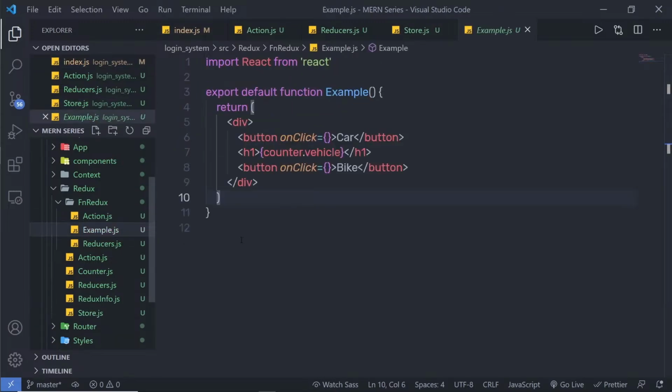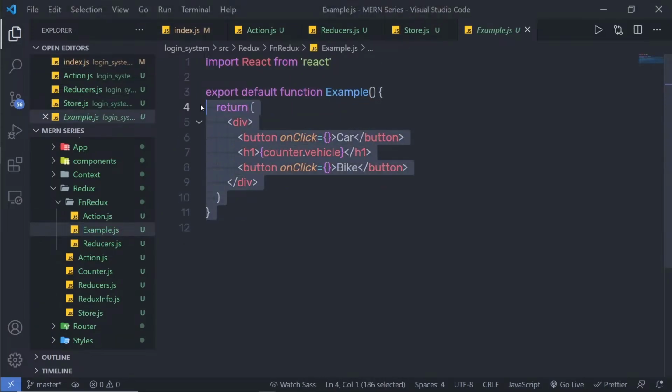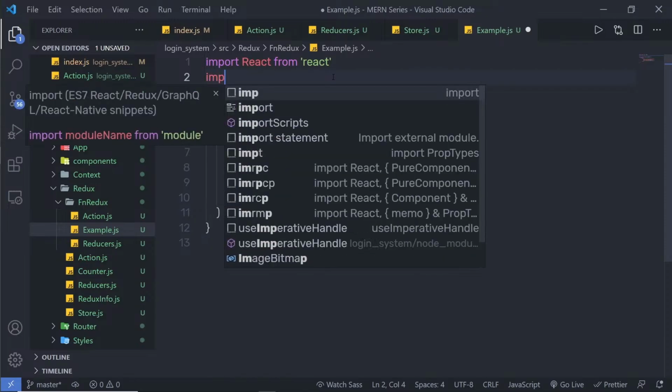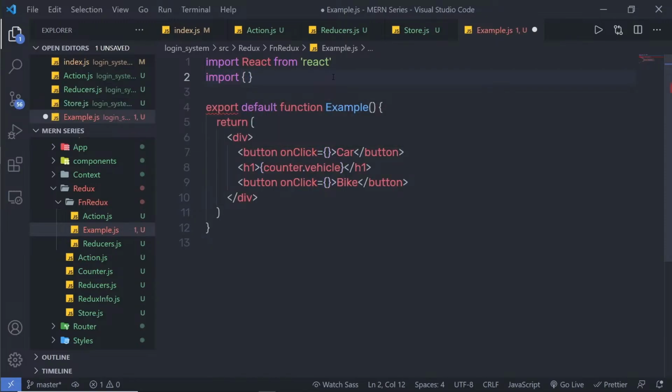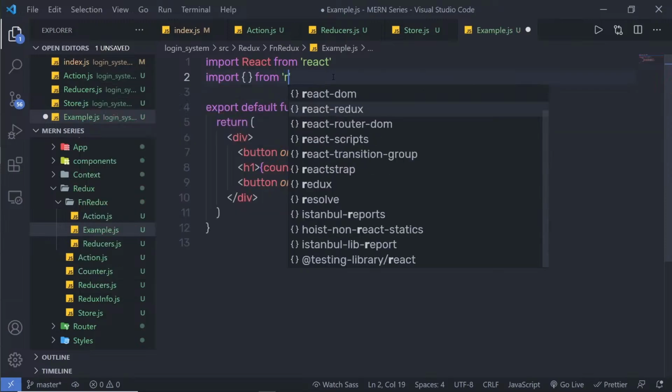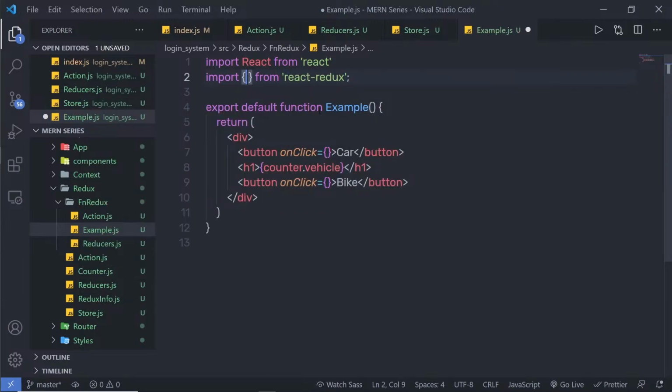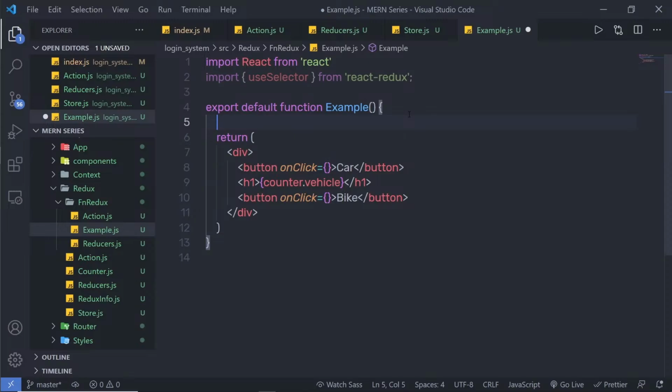Just for that, open your example.js, and now inside this example.js file, I'm going to connect this component to my store. In the class component, we know that using the connect function, we connected the component with the Redux store. You don't have to do it in a functional component. In the functional component, if you want to use the Redux store, you just need to add some hooks. So at the top, I'm going to say import, and inside the curly braces, I'm going to pass some hooks from React Redux. Inside these curly braces, I'm going to simply say useSelector. So I'm going to call the hook useSelector, and just down here inside my example, I'm going to say use